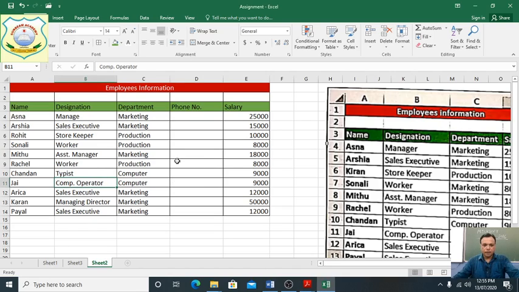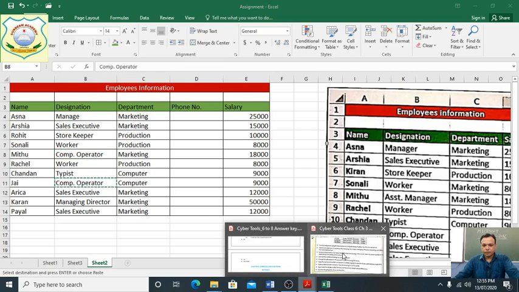We click on it. Now Ctrl plus C, students. Ctrl plus C we have done. Now it is selected and copied. Ctrl plus C, and we will paste it in B8, the assistant manager, Ctrl plus V. See here, we have used Ctrl plus C here, and Ctrl plus V we have used on B8. Clear, students? Next one is given.